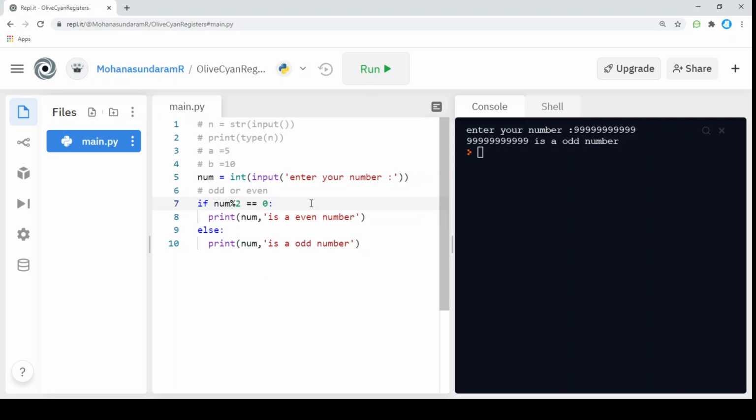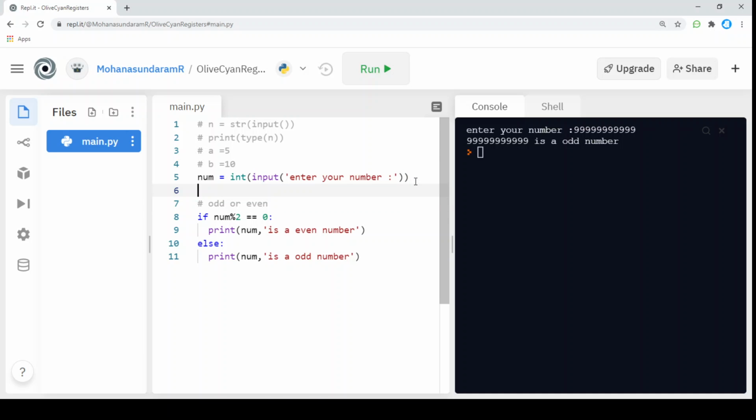This way we can use a conditional statement. The condition may vary as per your requirements. We can also use it to check for the presence of characters in a string. For example, I'm going to create another function, and it's going to take a string input. The value should be in a string format.